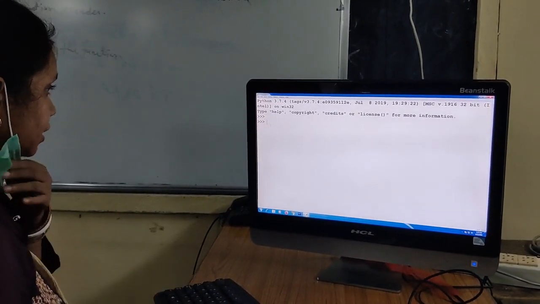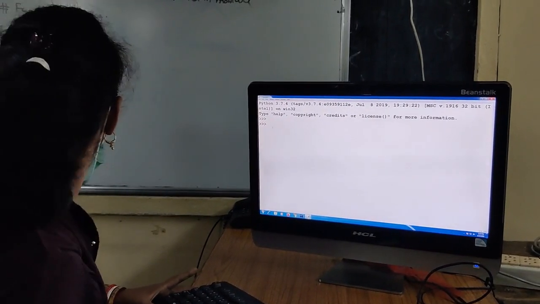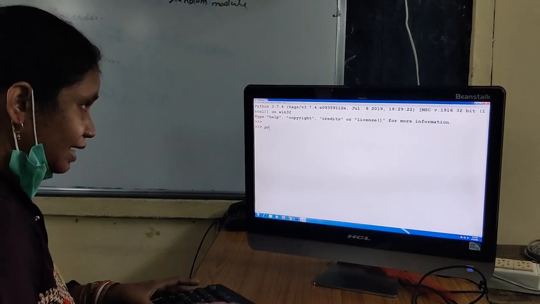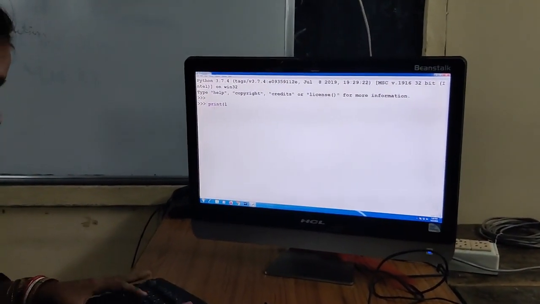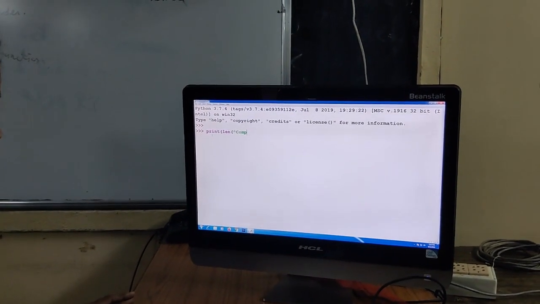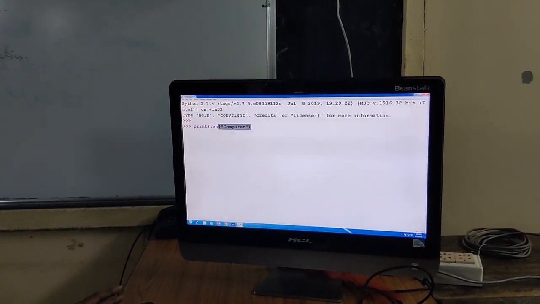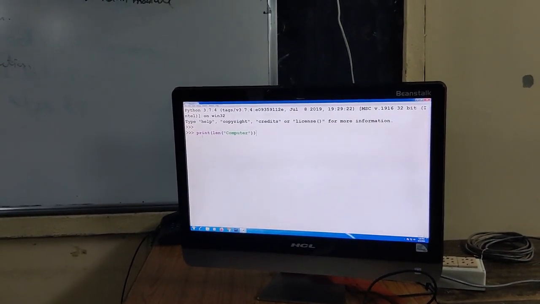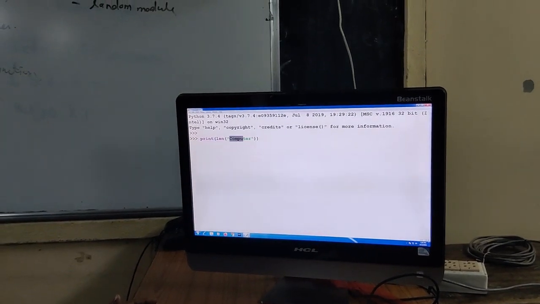So here first I want to execute some built-in functions. The len function is already there. So here print len of any string. Here I am defining one string, computer, and you know that the len function is used to display the total number of characters of a string.